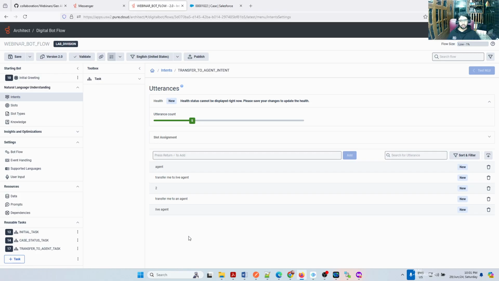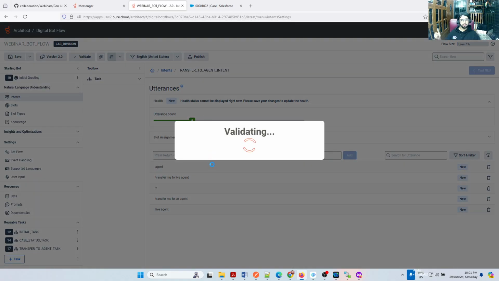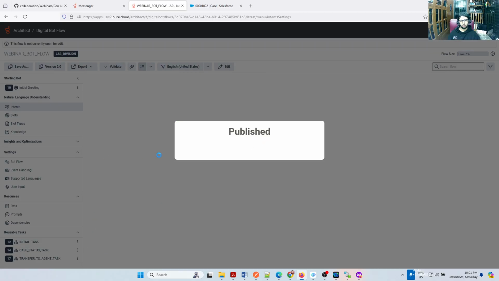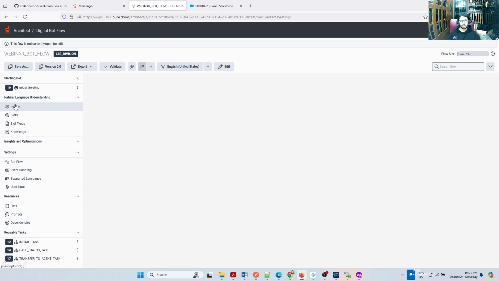So normally, as common sense, when I chat with a user, if it shows index number 2, I don't wait for anything to type. I'll simply type 2 and hit enter. So that's the reason I have given 2 there. Okay, so I published this. What we have done is we created an intent. That intent has an intention, right? What is the intention? It has to transfer to a task. So it is transferring to a task, which I will show you right now. Go back to the intent.